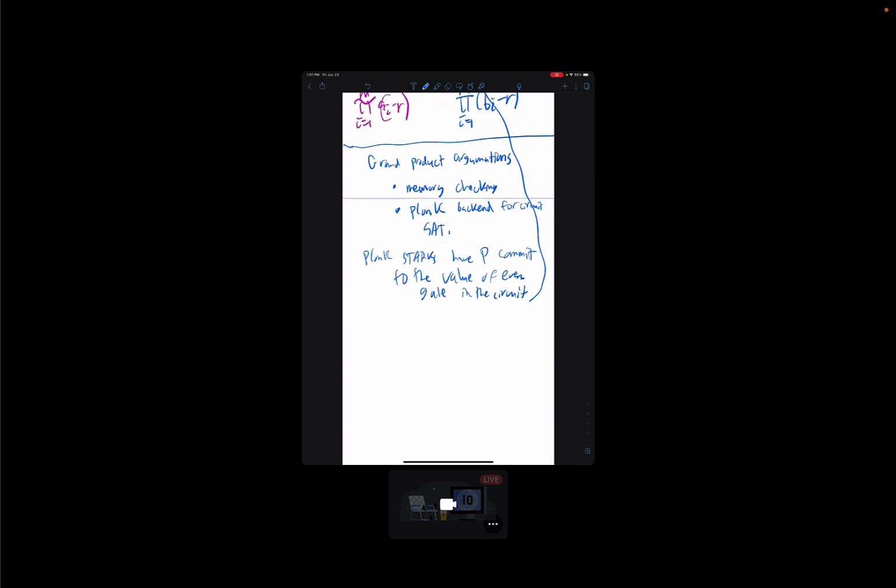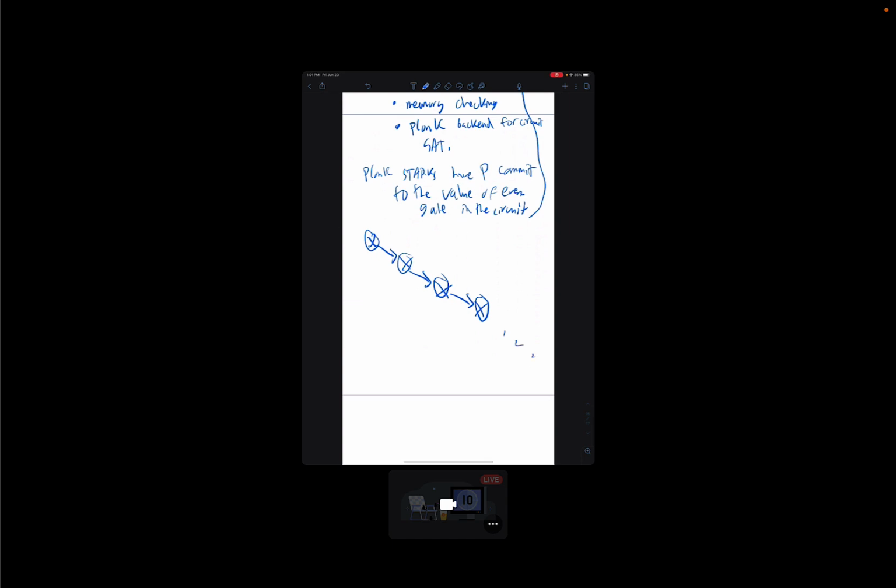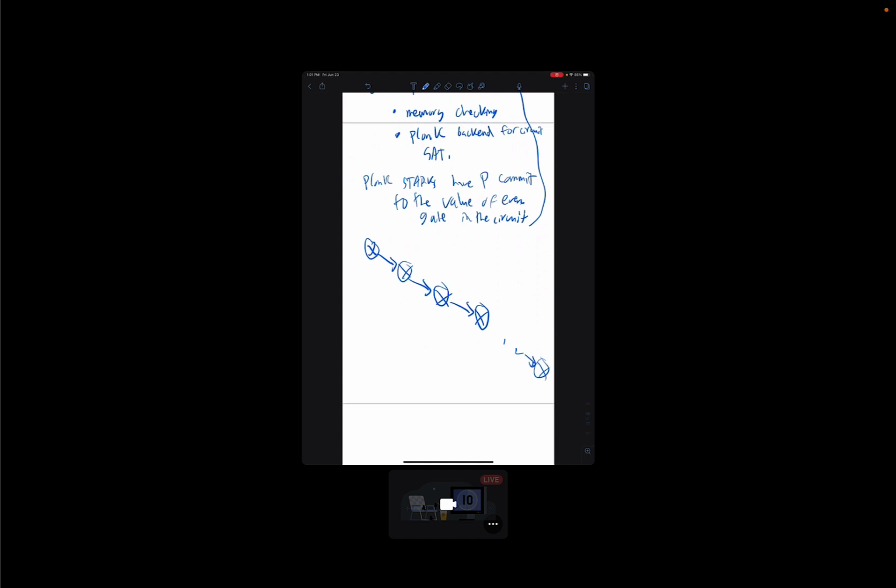But actually, PLONK's grand product argument doesn't use a binary tree. It just uses a length-m sequence of multiplications, which is also fine. If you're going to commit to all these values anyway, it really doesn't matter if it's a binary tree or a long chain. But the point that's underappreciated is that the sum-check protocol offers an alternative,